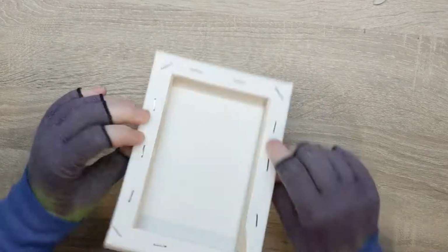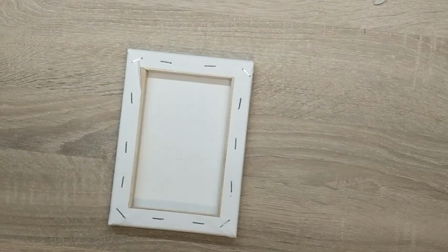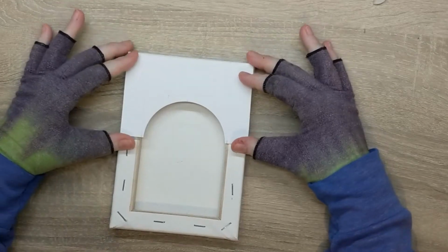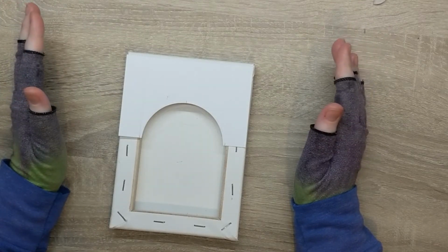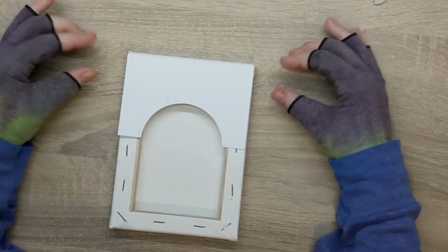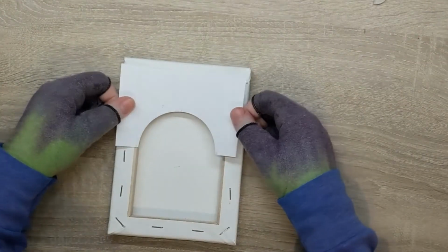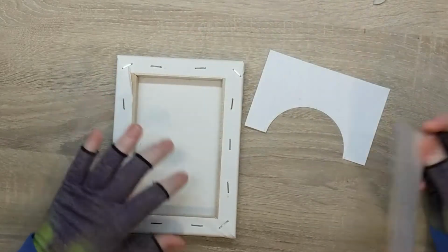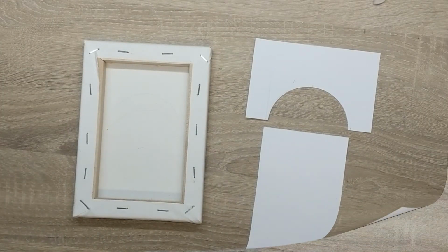I can't see a big difference, but so we're working on the back, and we're going to make a little fireplace for Christmas. So I've created a sort of top mantle area, and I don't know whether I'm going to extend the top out a little bit. I was going to, but I might not. I can't decide whether I should have it a little bit wider at the top, like a mantelpiece would be. And an arch. So I've cut this piece the right size to be the arch. I have cut this piece the right size to go in the back because I want this to have a little bit extra strength. We are going to start by putting some brick effect all over the...